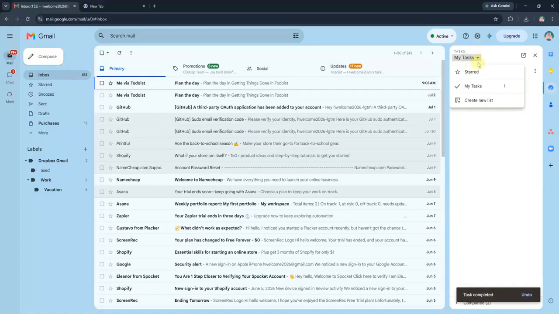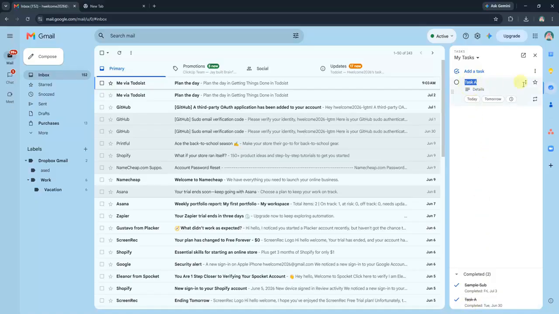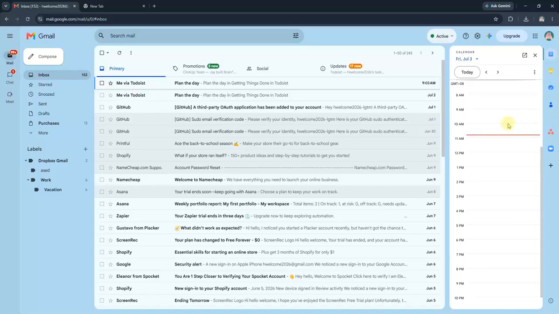For a more streamlined workflow, you can also integrate tasks with Google Calendar. Just click on the calendar icon in the same right sidebar, and your tasks with due dates will appear on your calendar, helping you stay organized. Remember, you can access your tasks from any device by signing into your Gmail account, so all your to-dos are